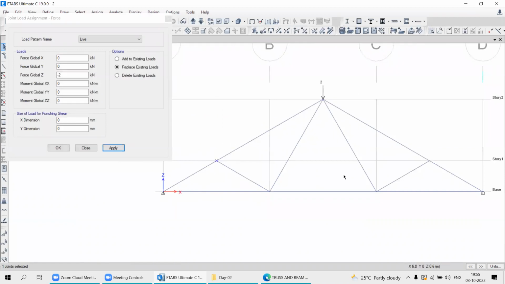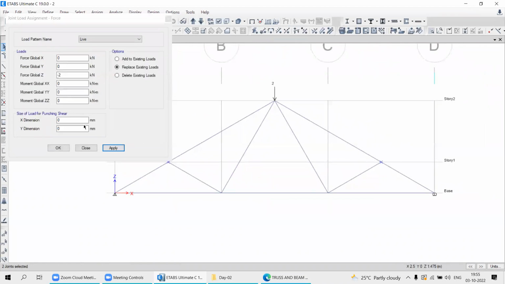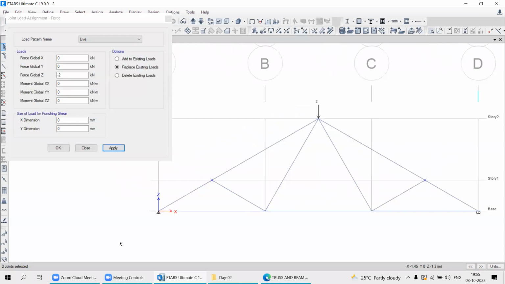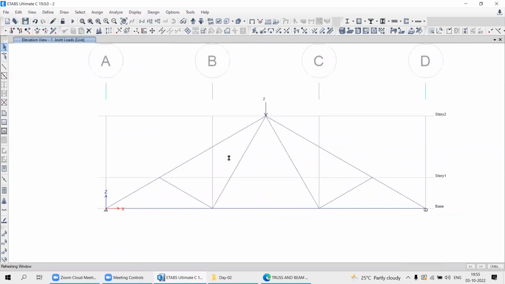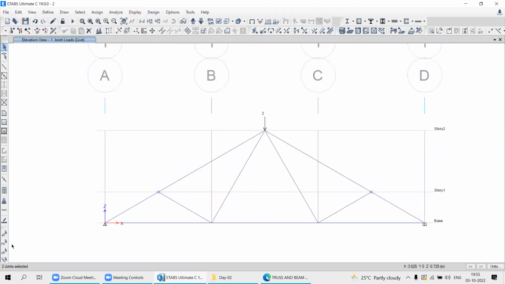Drag it from left to right. Both of the joints I have selected at once. Close it. Again, I am repeating the procedure. You have to select the joint, one joint is selected, drag it from left to right, another joint is